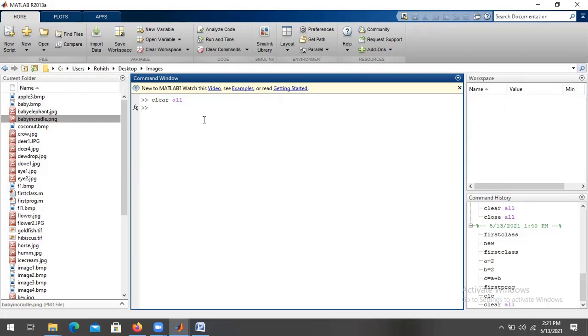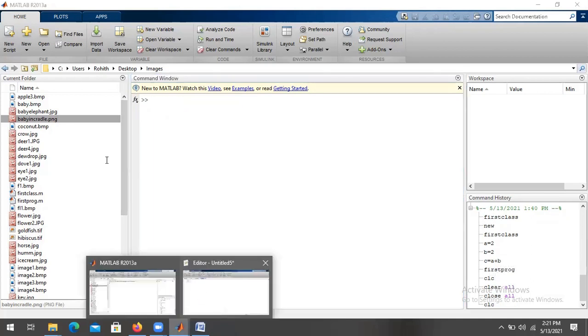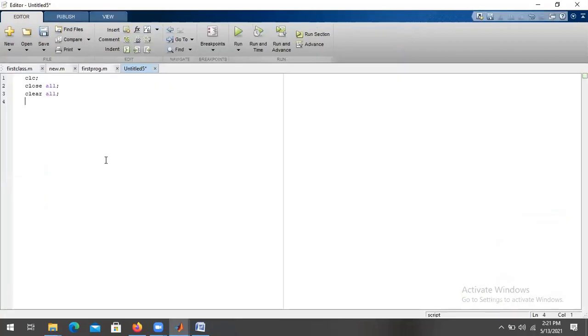And if I write close all, if there are any figure windows or other windows open, they will be closed. So that makes our output clearer. That is the major reason I write these three commands every time: clc, close all, and clear all. And now I start writing.